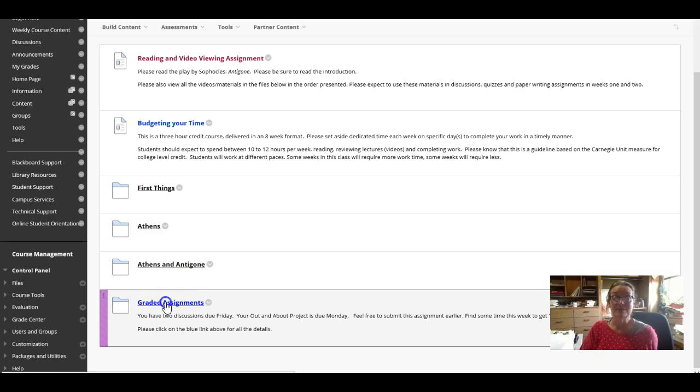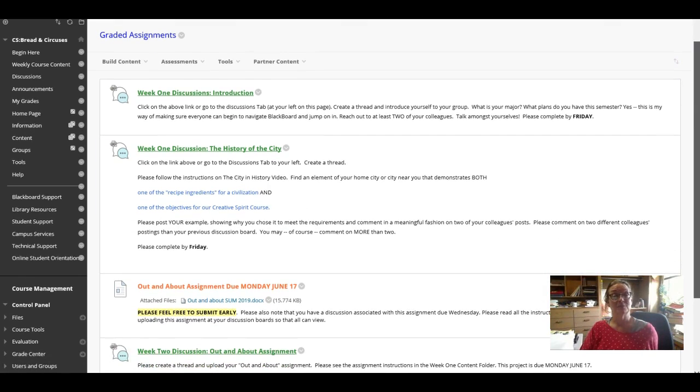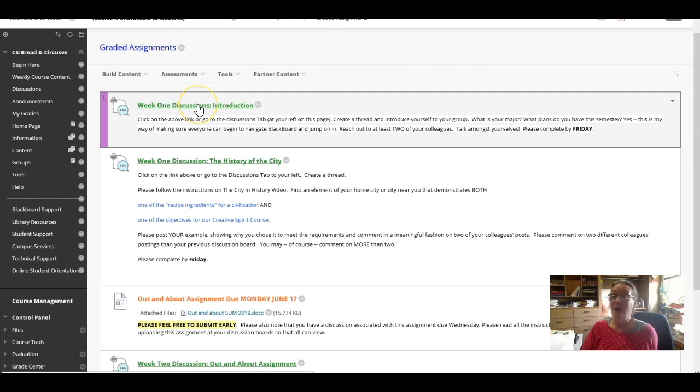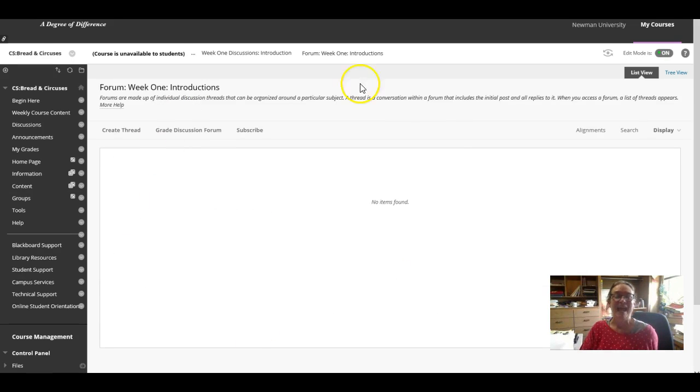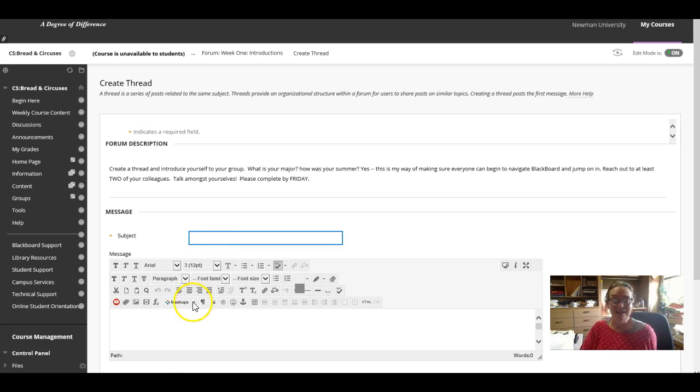When you get down to the tab that says Graded Assignments, you'll see that you have discussions due this week. If you just click on this tab, right? Week 1 discussions, the first one's an introduction. So just click on the tab, and then the next thing you need to do is create a thread, right? And when you create a thread, give it a subject, and then give us the text of your presentation.